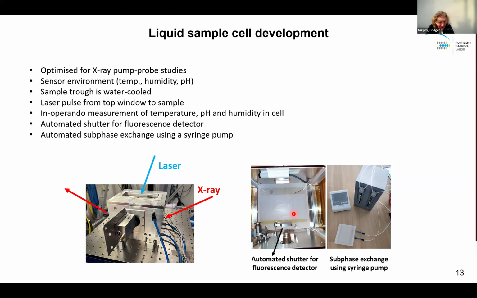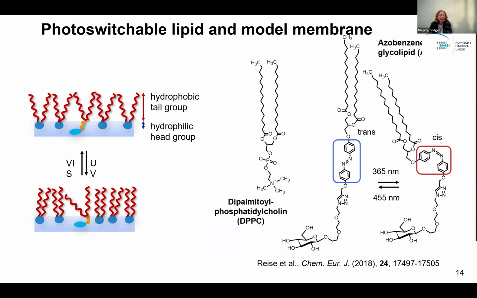So what we have here is a sample cell with a temperature sensor, pH sensor, and a Wilhelmy plate to measure the surface tension as well. You can put them in and out, and there's a humidity sensor as well. This is really very nice, and this technology will then be transferred from the flow cell into the Langmuir trough when it arrives. I mentioned the photo-switchable lipids, and these are our model system for the X-ray